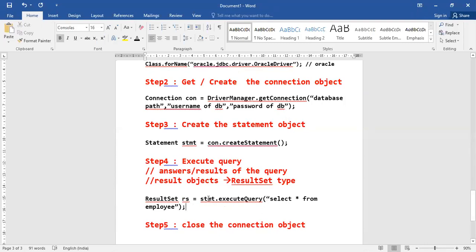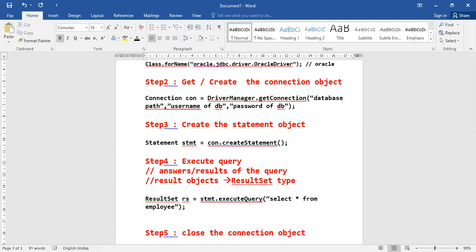Now I am executing my SQL query with a method called executeQuery. Now you have executed the query, you have got the answer, you have stored it in rs. Now you want to see it, you want to print it, because at the end of the day, that is what we want. We want the result, right?